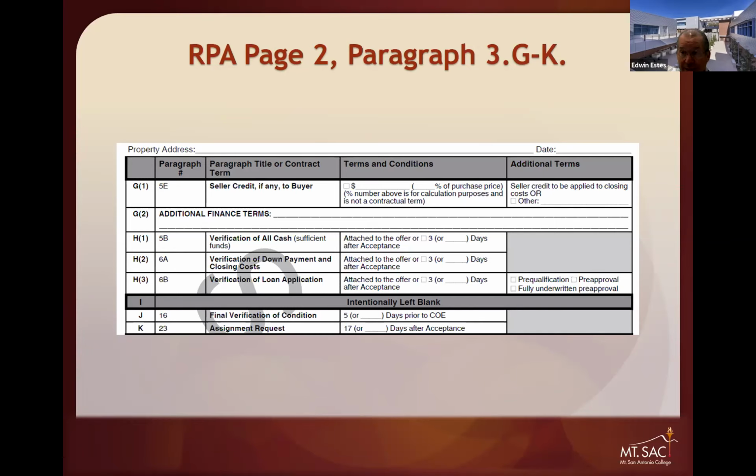Now, if the seller still wants to, they can, but they don't have to. But during the first 17 days, seller may not unreasonably deny the assignment. Moreover, if the buyer is assigning and accepting money from the person receiving the assignment, that has to be disclosed to the seller. This term, what we call warehousing, where you put a property in escrow and then you try to assign your right to somebody else for money, that all has to be disclosed to the seller, and the seller does not have to approve if they think that you're